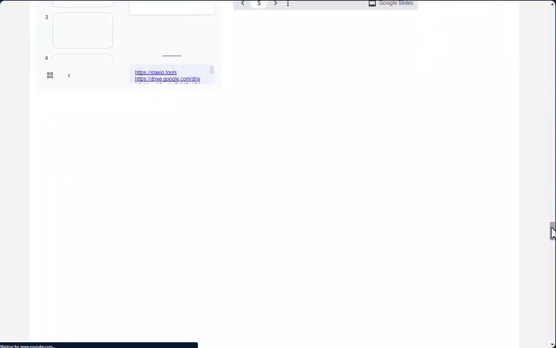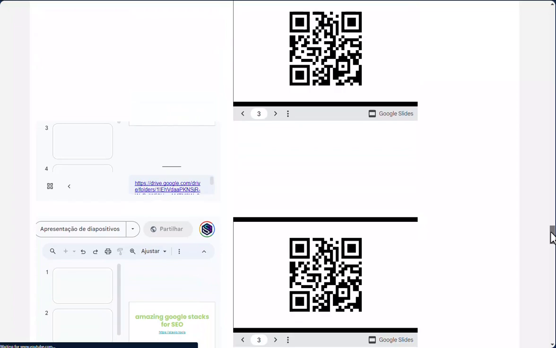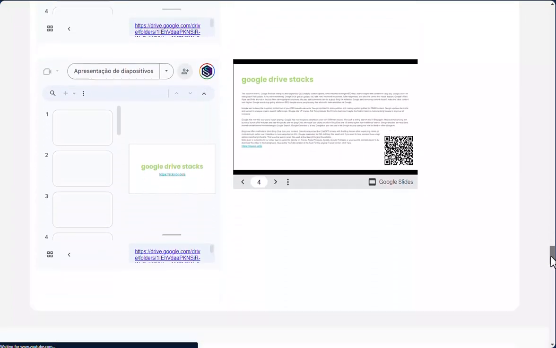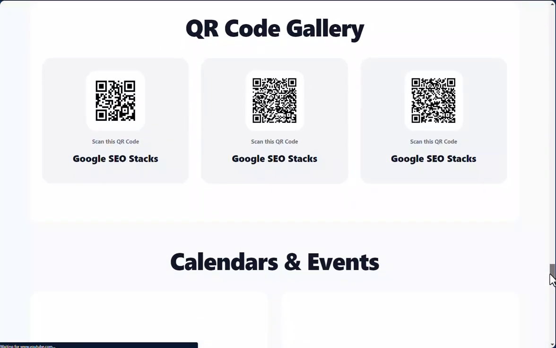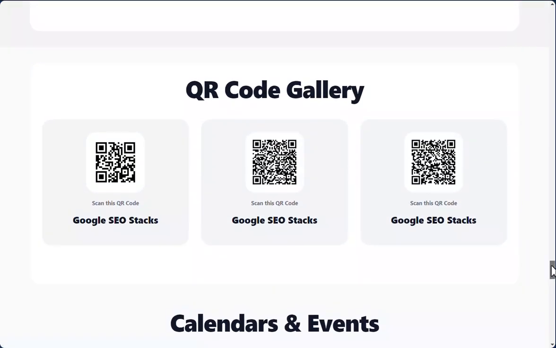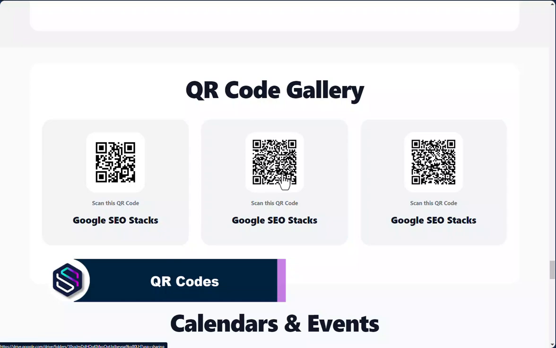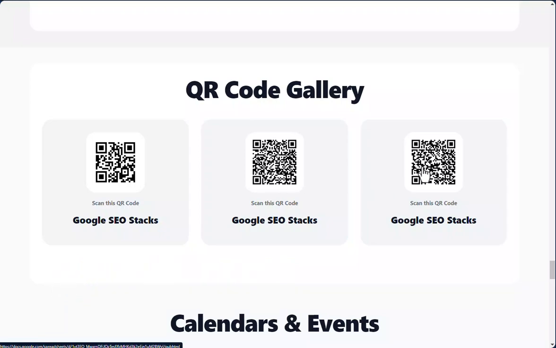This is lazy loading, our list of slides to make our HTML file load faster. So we have 1, 2, 3, 4 slides. Very good. Now we have our QR code gallery, which always has the same 3 QR codes. One for our target URL, one QR code for the Google Drive folder of this Google Stack build, and another QR code to the spreadsheet. These are the most important links that you should focus on